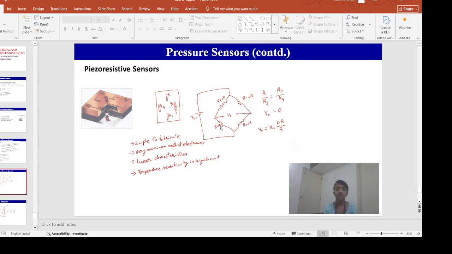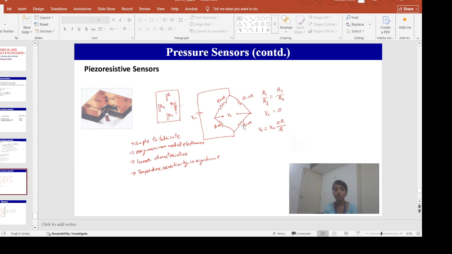And here, if it is R minus delR, it will also be R minus delR. Using the voltage divider rule, we can find the voltage difference between this point and this point. So what will be my output voltage? Vin into this resistance, which is R minus delR, divided by the sum of this resistance and this resistance, that is R minus delR plus R minus delR plus R plus delR, minus